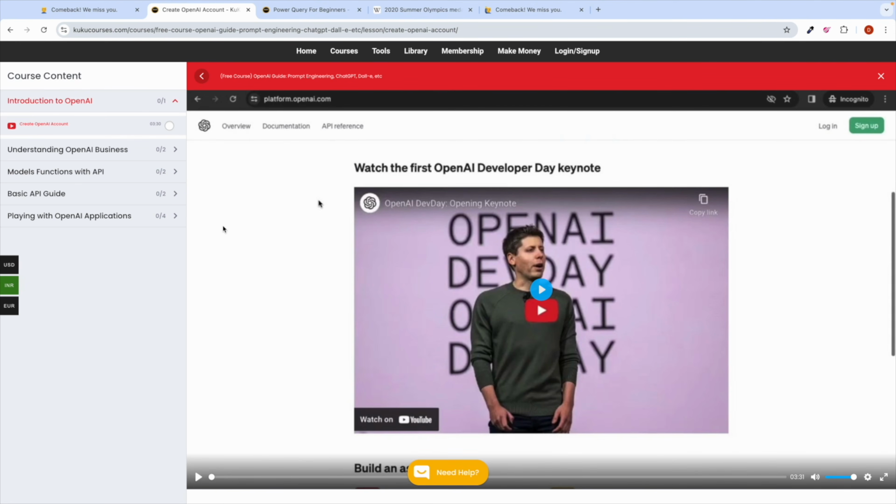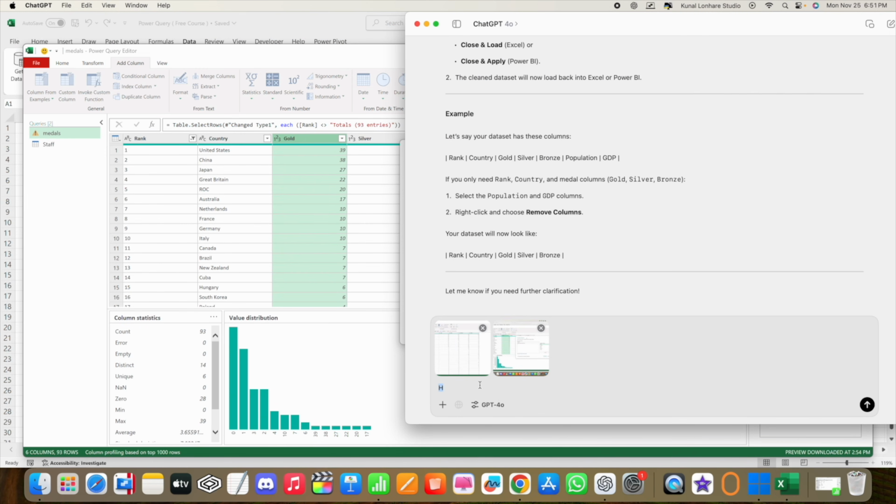If you are interested, you can even utilize this free course, but you have to guide ChatGPT step by step. Like you can say, hey, in the screenshot, first see there is a gold column. So first you are telling ChatGPT to look at the screenshot which I have shared. I'm saying to ChatGPT, see the screenshot, there is a gold column, so you have to write me a formula for